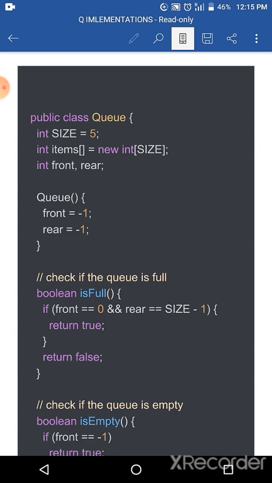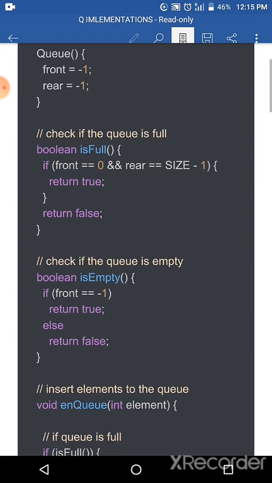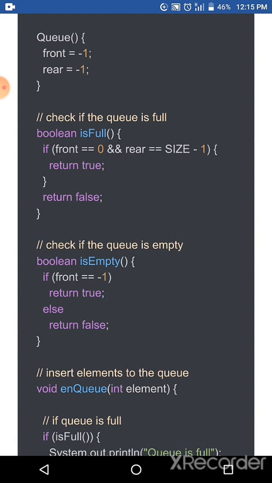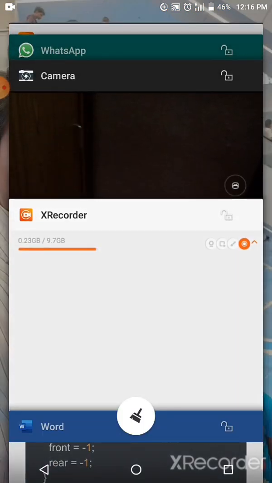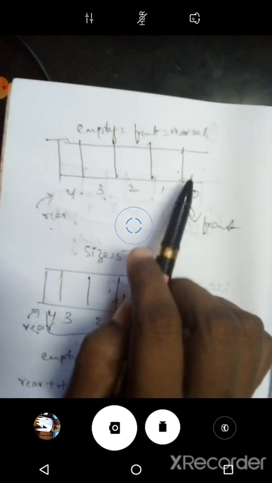Next, we have the constructor function. What is the constructor doing? Here we have initialized front and rear to -1. Why have we initialized these values to -1? Look here. Suppose I have taken an items array of size 5, with positions 0, 1, 2, 3, 4.